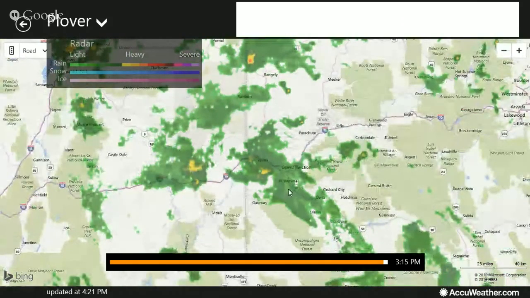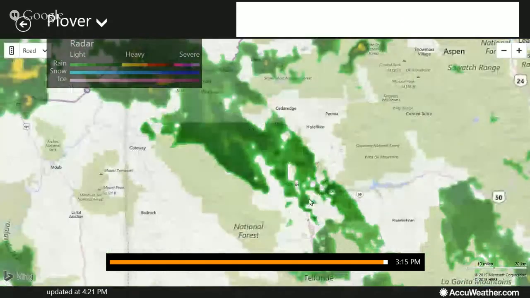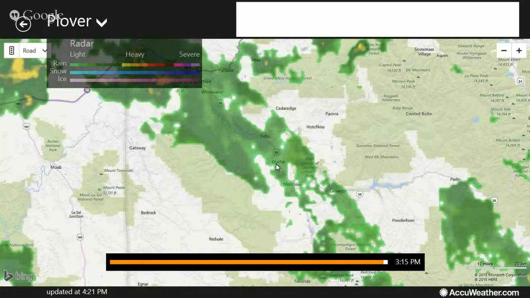Oh yeah, I mentioned Whitewater. Whitewater, you're also in the path, but not quite as big as these guys are. Whitewater, you are in big trouble with that storm right there. Let's see, Delta. Delta, you're a little bit in the path. You're good. So this part right here, you guys are good. Okay, so Cava,